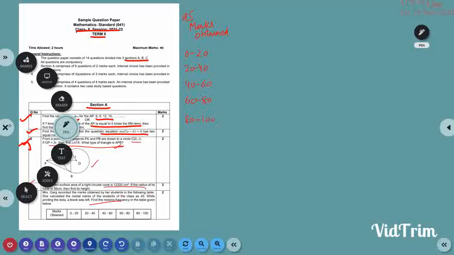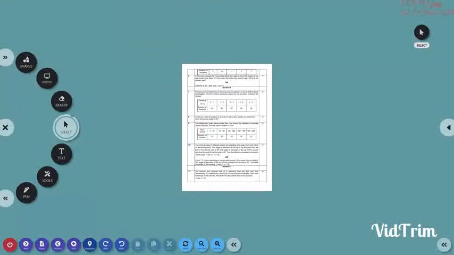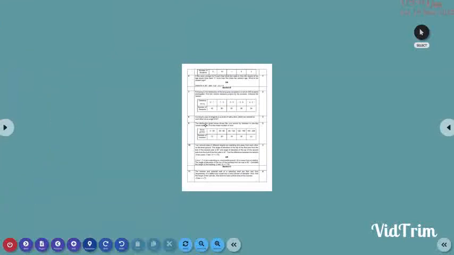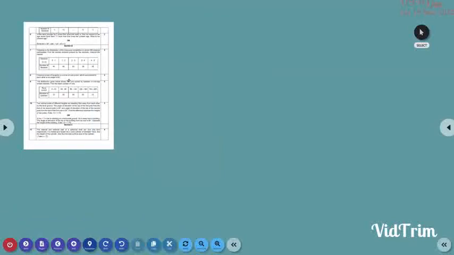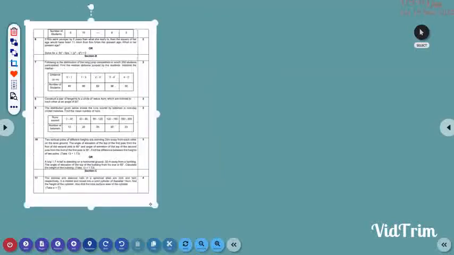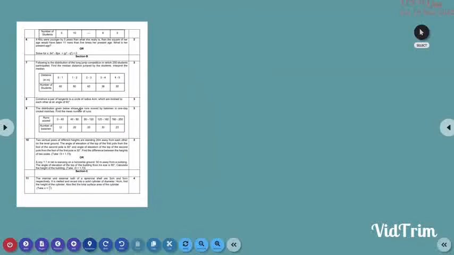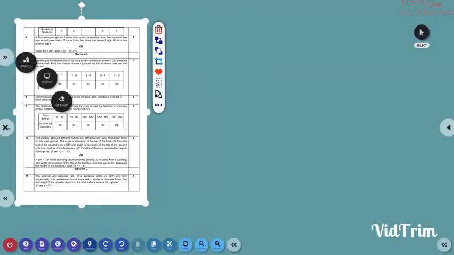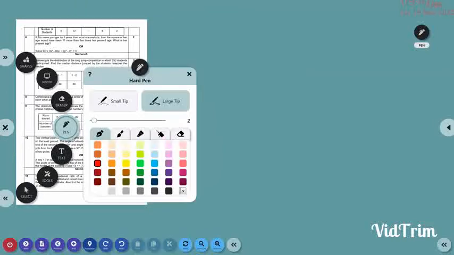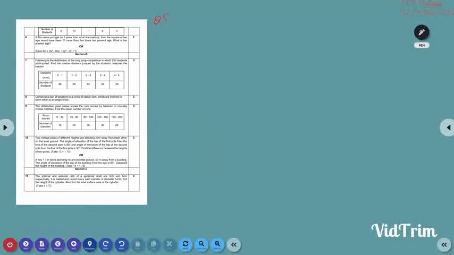So first of all we are going to find out the modal class. The modal marks means mode. So the mode for this data is given as 45. And just see, 45 falls in which class interval? So the value of mode lies in which class interval? This one, 40 to 60. That means this 40 to 60 will be taken as the modal class. The value of mode is 45. So the modal class will be taken as 40 to 60.